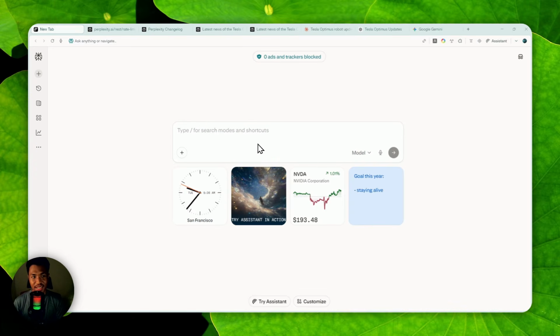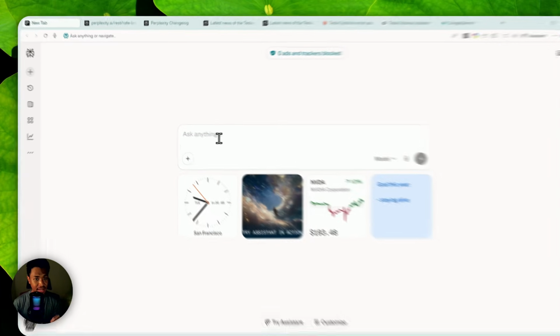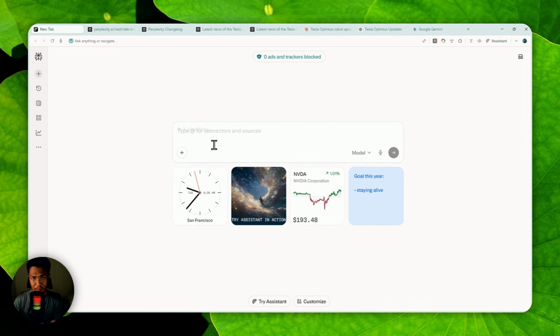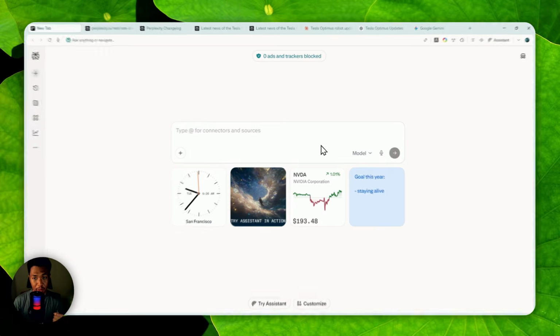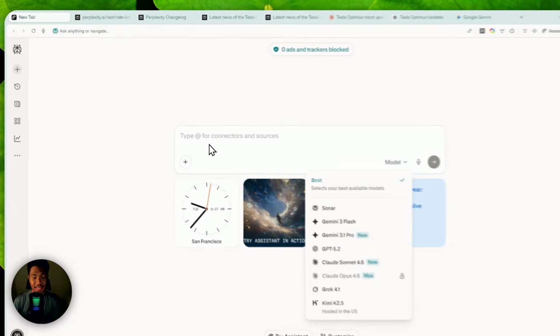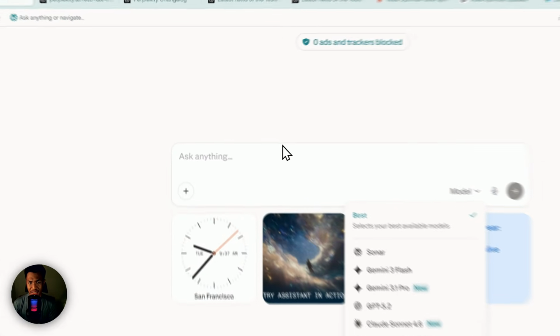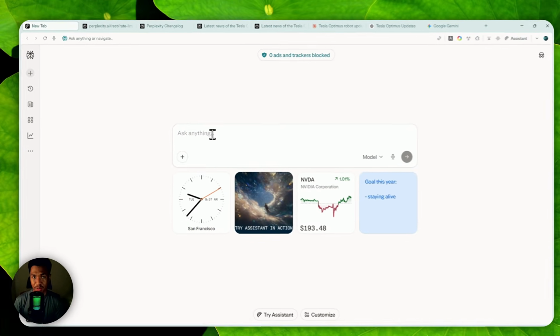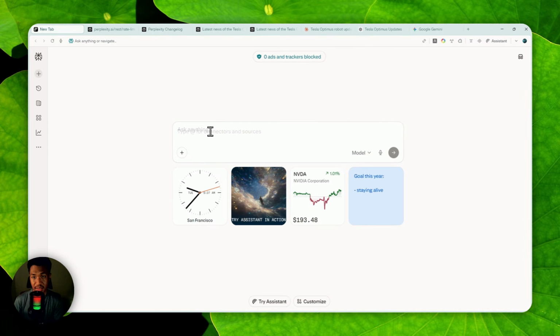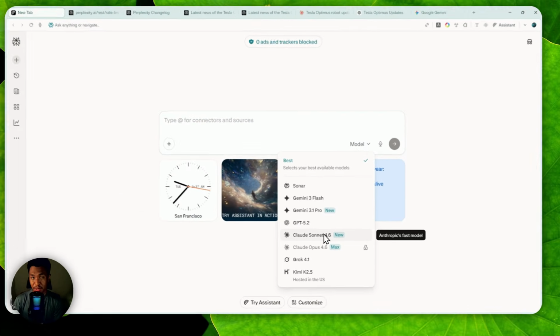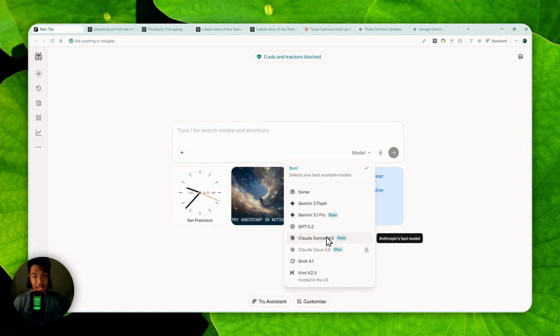Okay, disclaimer. I cannot guarantee that the method I'm about to show in this video will still work by the time you're watching, because there is a good chance that Perplexity might change its policy again, essentially rendering this method not working. But assuming that did not happen, I can show you how you can keep using an advanced AI model in Perplexity, particularly the Claude Sonnet model, even though you are running out of credits on your